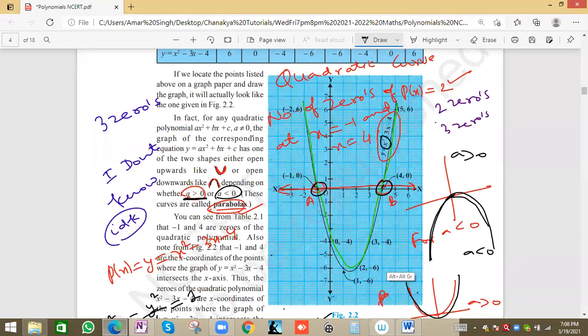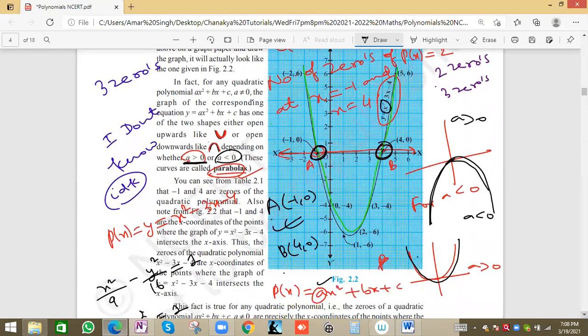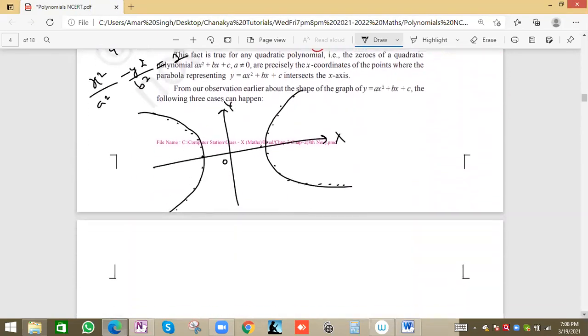polynomial. For a quadratic polynomial we have this nature of graph, that is a parabola, and the degree will be 2 for this graph. That's why we have two solutions, degree 2, two solutions. Two solutions at which points? A and B. We can exactly plot the points. So A is the point minus 1 comma 0, and B is the point 4 comma 0, because on the x-axis y will be 0, right? So we can easily plot from the given graph, right?